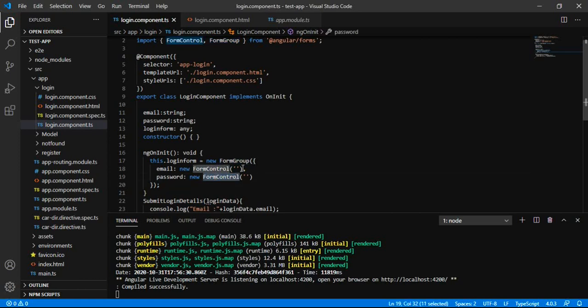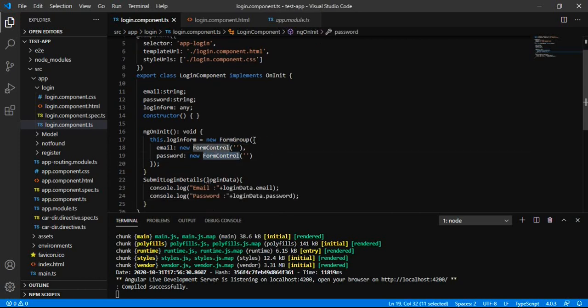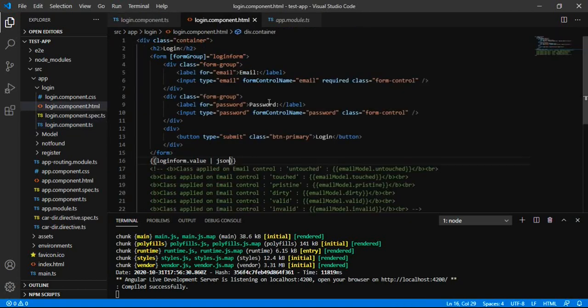FormControl. So the form is represented by a model in the component class, and in our form under login.component.html there are two fields, email and the password. These fields are instances of the FormControl, and overall the form controls are defined as instances of the FormGroup.